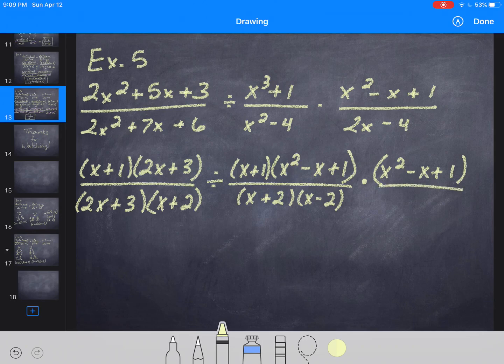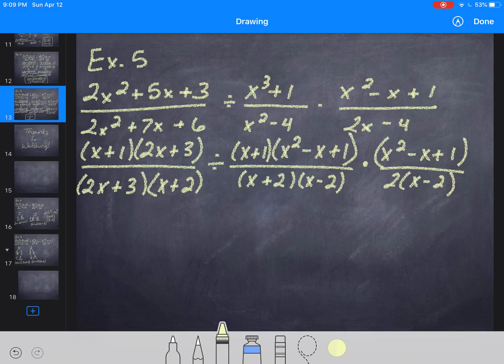Divided by, I'm going to factor my third denominator by taking out the GCF. Go ahead and pause here to factor. My factors are 2 parentheses x minus 2. Once I have factored my numerators and my denominators, I'm going to take the reciprocal where needed. I'm going to keep my first fraction exactly the way it looks. So I have parentheses x plus 1, parentheses 2x plus 3, all divided by parentheses 2x plus 3,